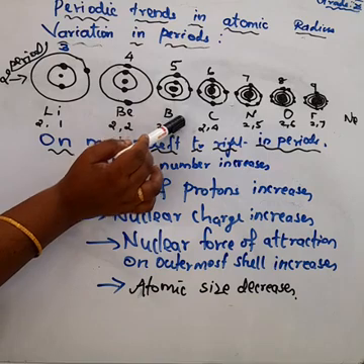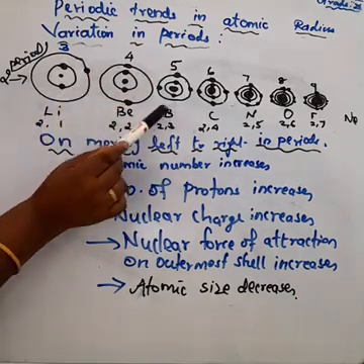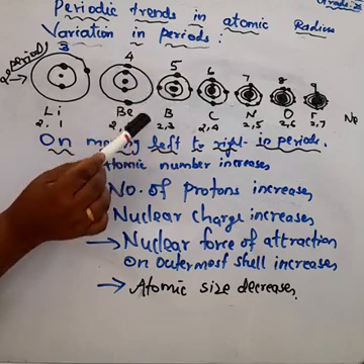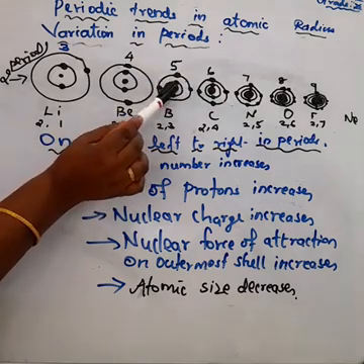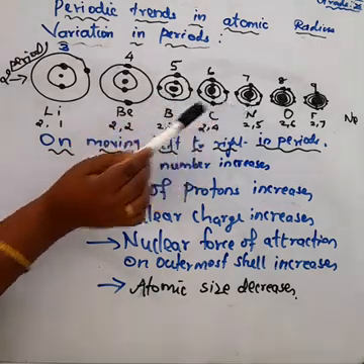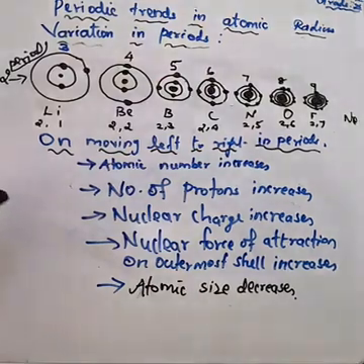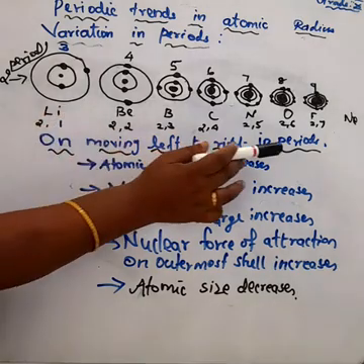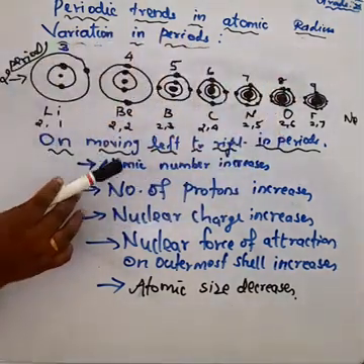And atomic number 5 is boron. Here also, how many shells are there? There are 2 shells. Carbon also has 2 shells. Nitrogen also 2 shells. Oxygen also 2 shells. Fluorine also 2 shells. And neon also 2 shells. So as we move from left to right in a period, we studied that